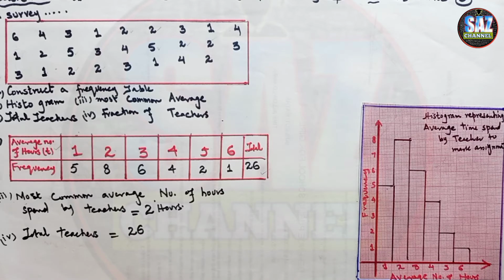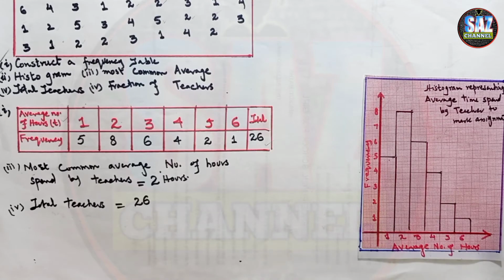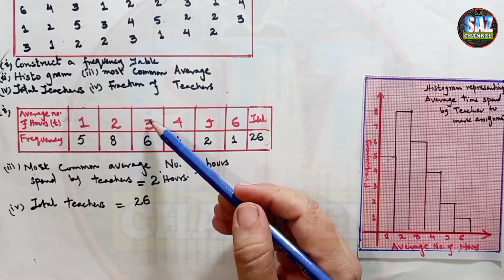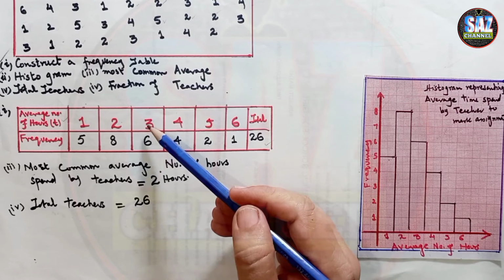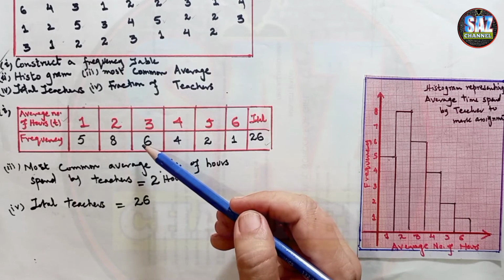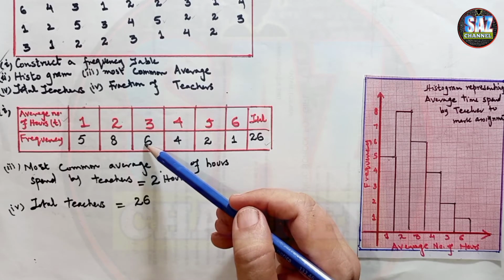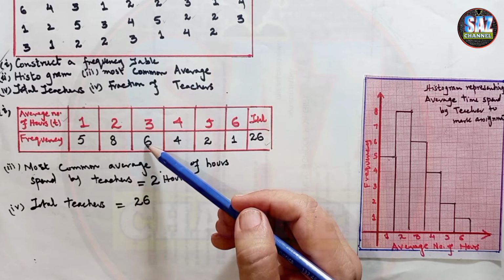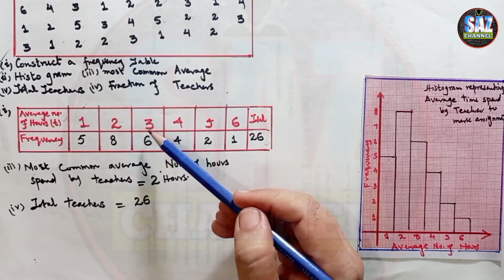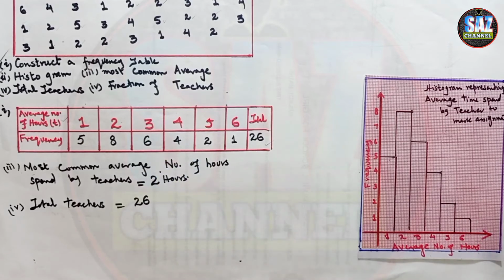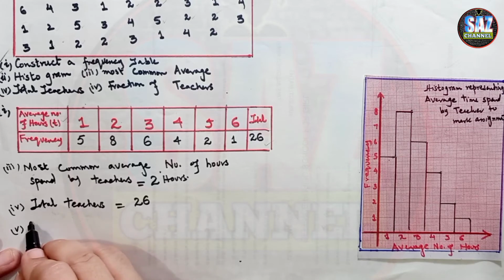And the last part says, find the fraction of the teachers who spend an average of 3 hours on marking their students' assignments. For the fraction we need the numerator and denominator, and we need the fraction of those teachers who are spending an average of 3 hours. So for 3 hours there are a total of 6 teachers. This is the fifth part: fraction of teachers